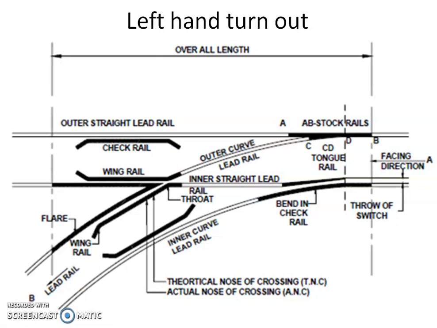These parts are very important, and this portion is called the throat portion. This V-shaped part is like a notch, right? This is called the rail throat. So either we can make the turnout in the left direction or in the right direction. If the curvature is in the opposite direction, we'll call it a right hand turnout.